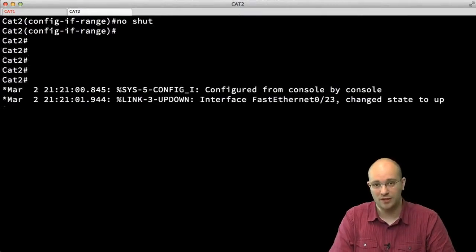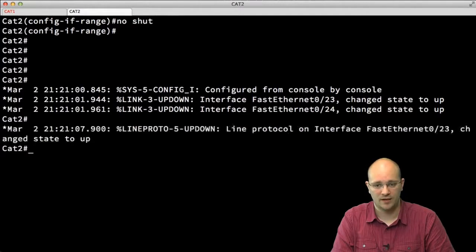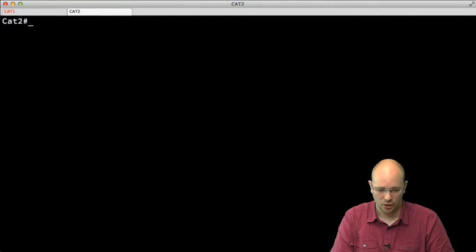Let's see what's going to be the result of this. I can see my physical interfaces changing state to up. Let's wait for line protocols to go up. There I have port channel 21 coming up, but what's happening with port channel 22? Let's take a look. If I do show etherchannel summary,